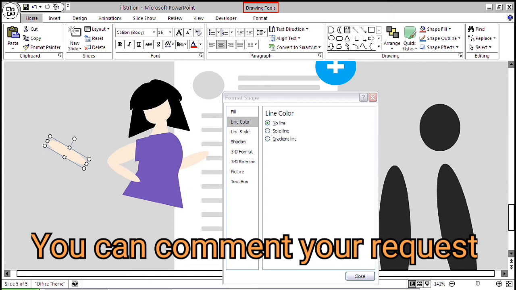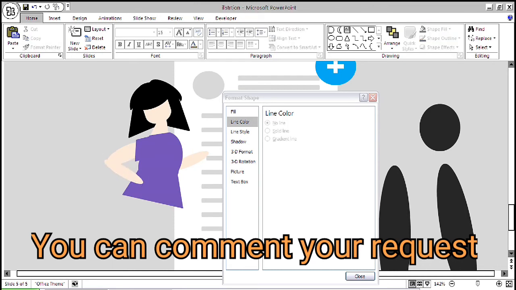Turn it and place it above the arm. And see carefully that the arm should not go backwards, otherwise it will look a little different.